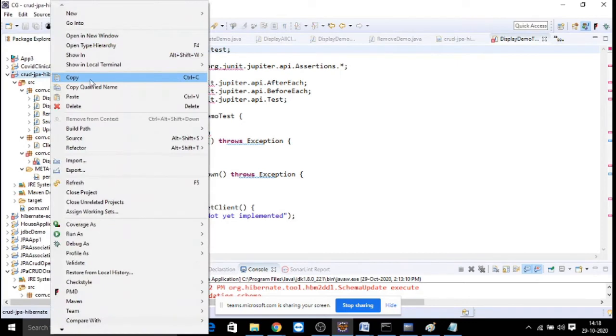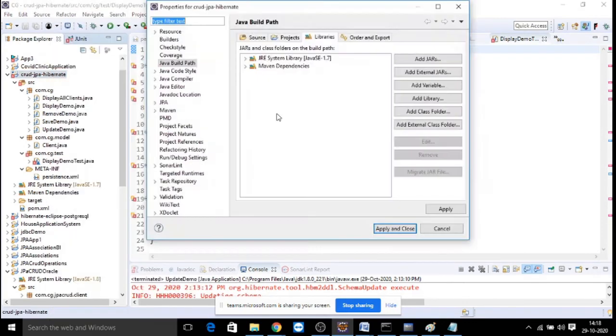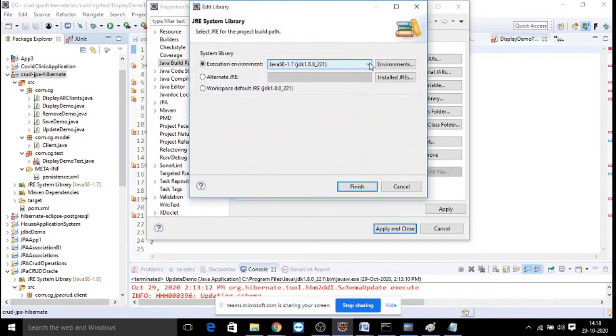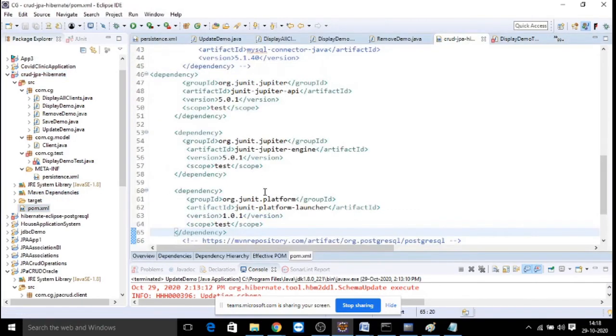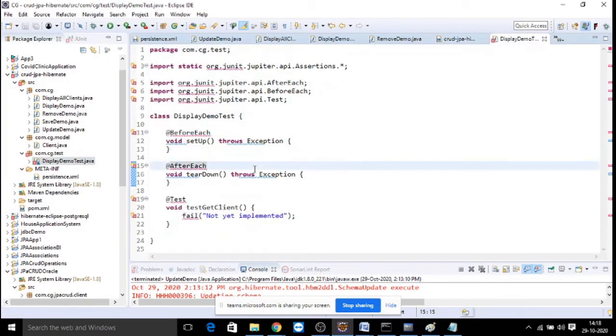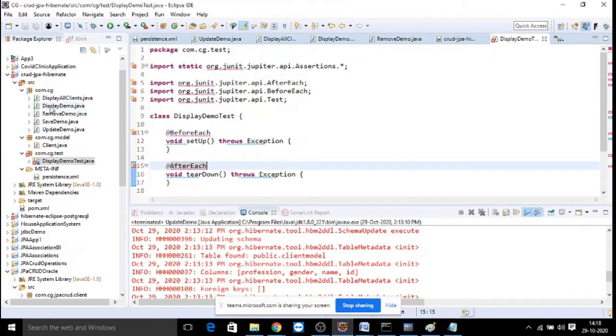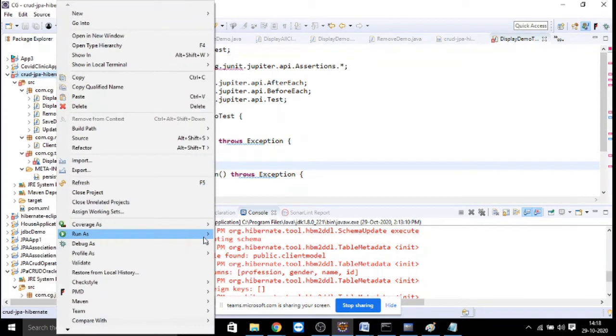I need to change the version, it should be 1.8. So we have added the number of dependencies needed for JUnit, and then we have updated our project, and we are looking into our test case. Still we need to update the project.